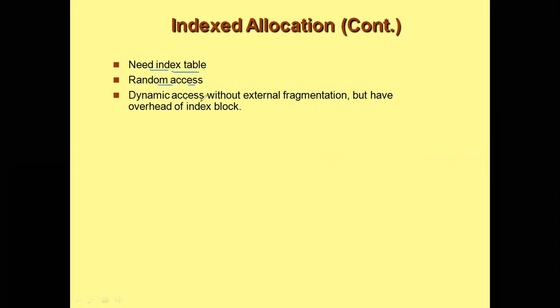Now coming to external fragmentation, guys. External fragmentation is nothing but, let's say you have 5 blocks needed for a particular file, and you have 6 blocks in the disk, but they are not contiguous. You need 5, which could be stored in the 6 blocks, but these 6 are not contiguous in nature. They are just scattered here and there, but you need contiguous allocation, and it is not present. So this is called external fragmentation.